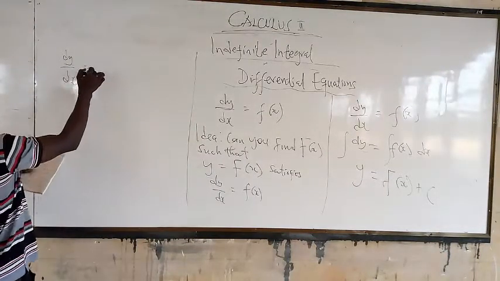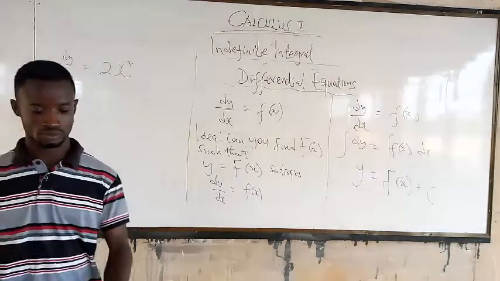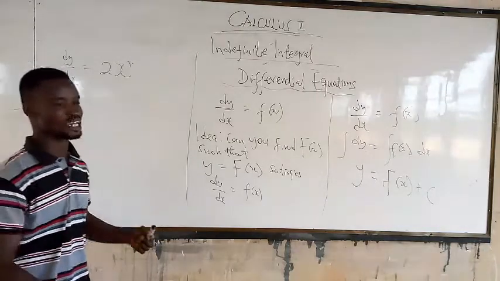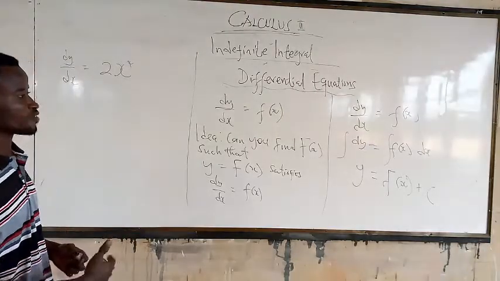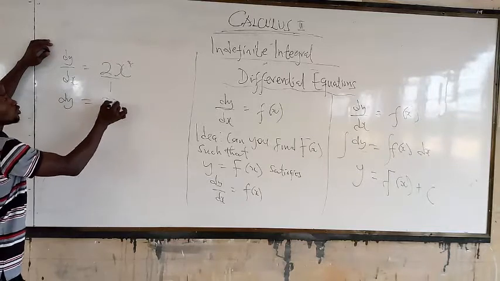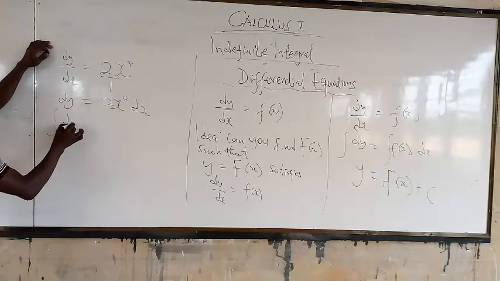dy/ds is equal to 2s to the power 4. So having this, if you want to get a function back, first of all, you know this is over 1, so cross multiply, you get y is equal to 2s to the power 4 ds. And when you integrate both sides,